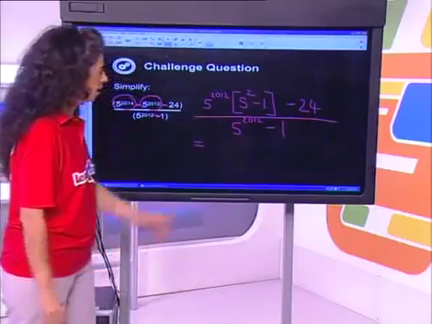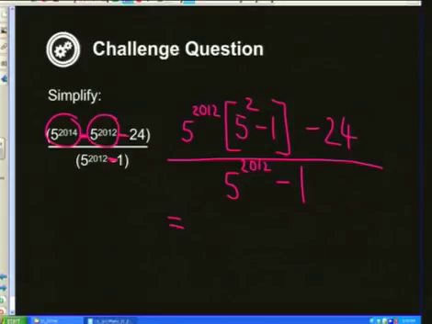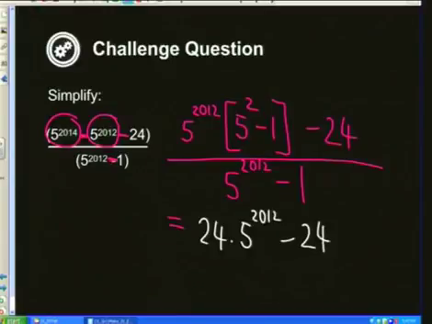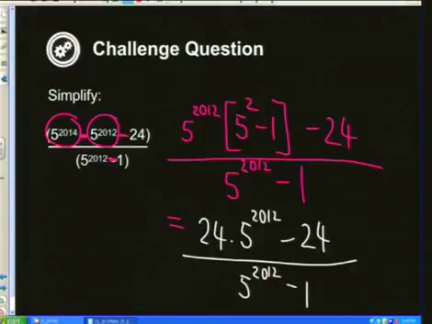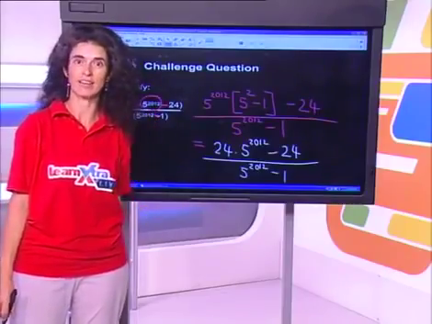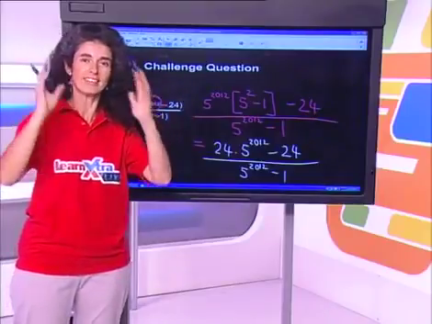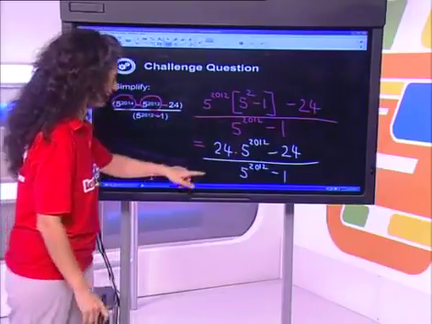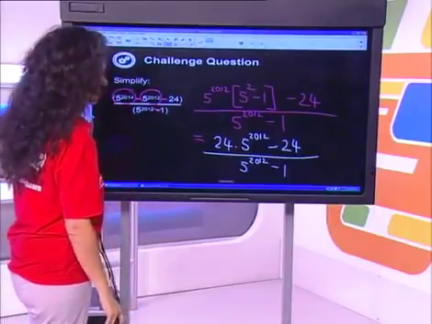Right. Now, there is something I can do here. 5 to the power of 2 is 25, minus 1 is 24. So I've now got 24 times 5 to the power of 2012 minus 24, divided by 5 to the power of 2012 minus 1. Right, Mindsetters, I'm still sitting with negative signs, so I can still factorize. As long as I haven't got one factor out, I am going to be factorizing until I get it. So I've now got